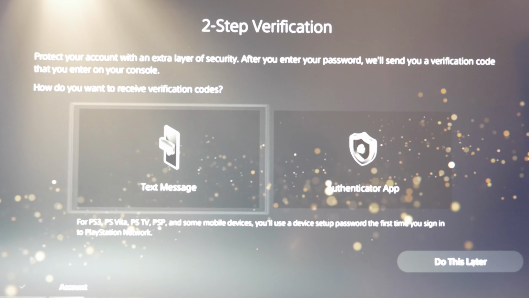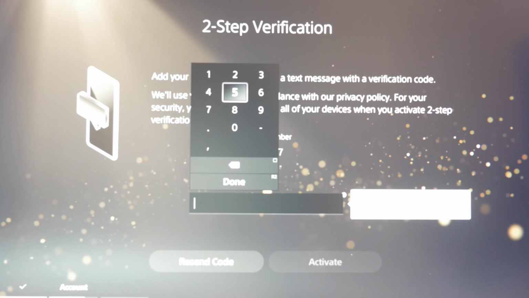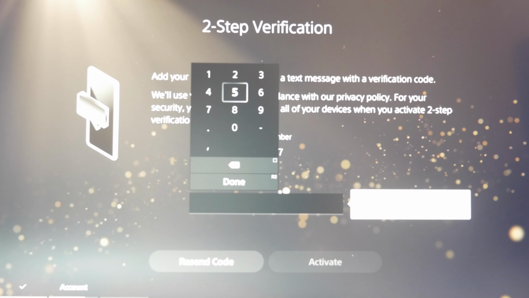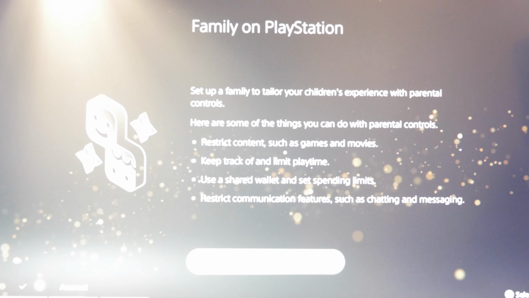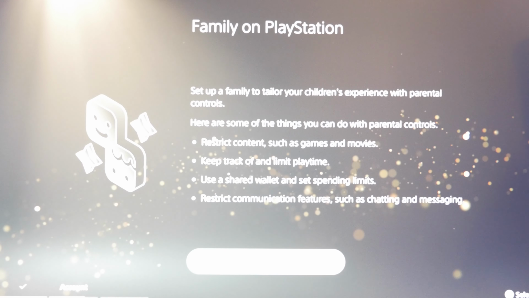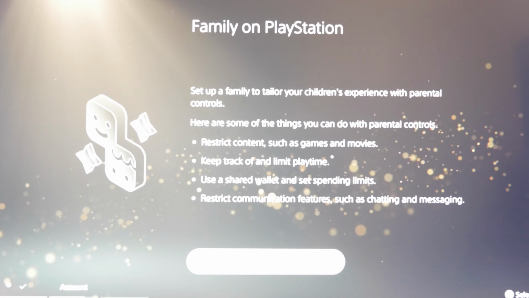Okay, so you will receive a verification code on your mobile phone as a text message, and you're gonna enter the number and press done, and then you select activate to move forward. Okay, and you'll also be given some backup codes that you can only use once just in case you don't have access to your phone. So make sure to take a picture of that, write them down so that